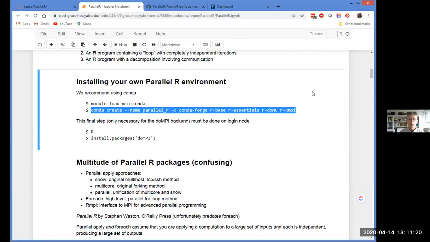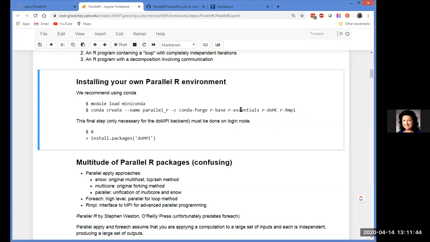So this sort of long invocation is creating a new environment called Parallel R. You can name it anything you want. And it's installing these 4 important packages, which are all R packages that are involved with either R directly or with the parallel stuff we're going to do.